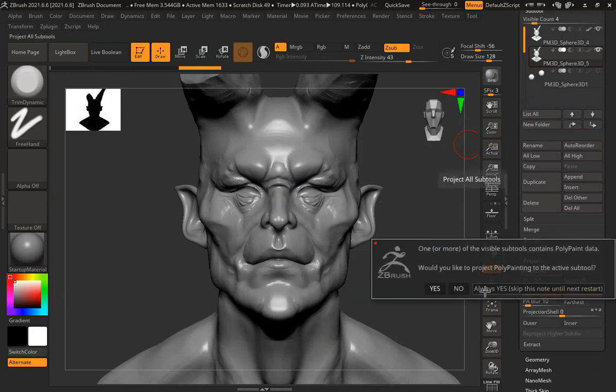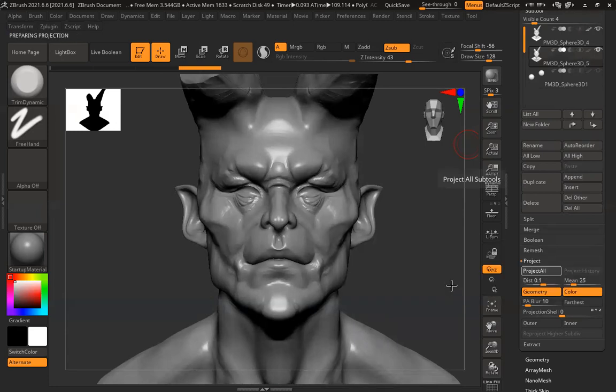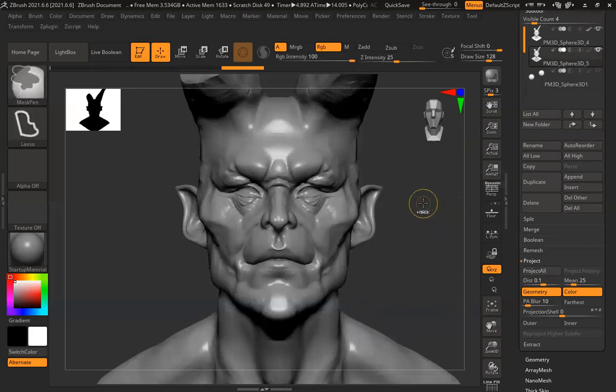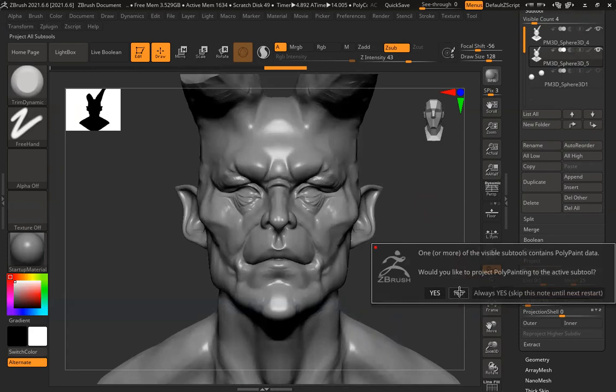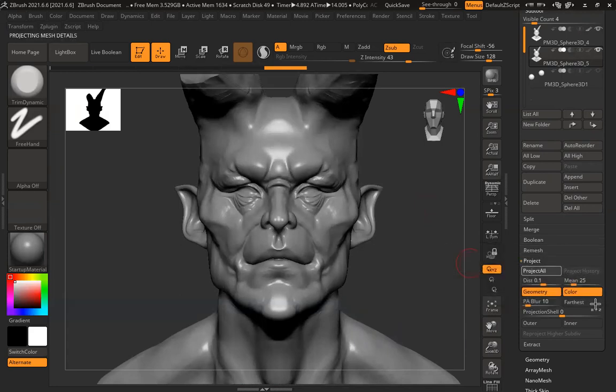Project. Control D again, project all. No. Oh, color have to switch off.